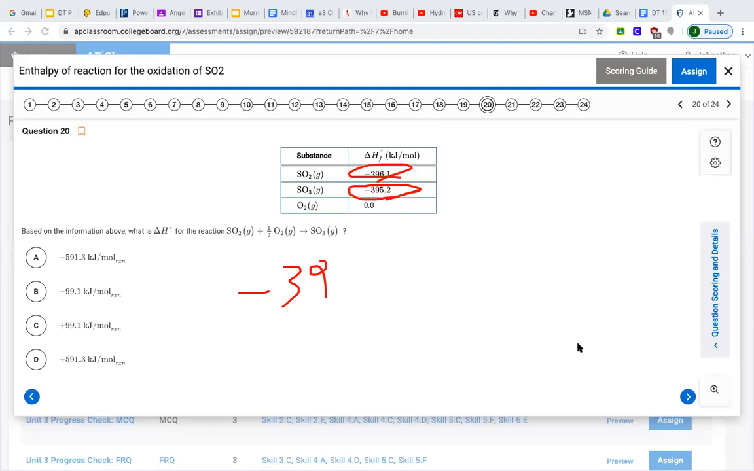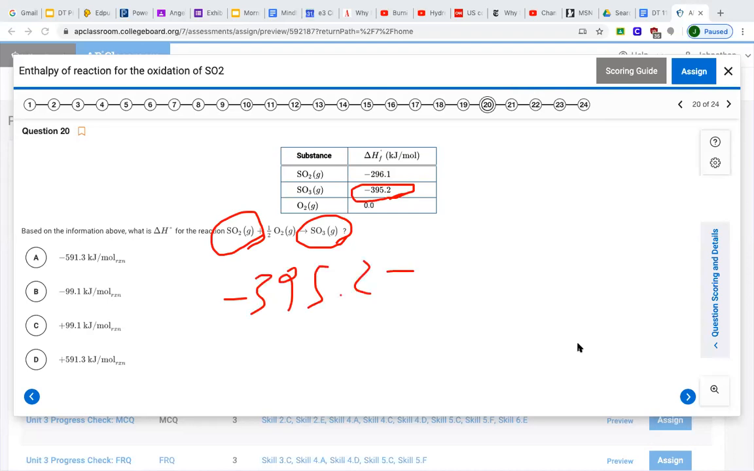Okay, so for this situation, all we have to do is say to ourselves, we're forming SO3 and we're breaking SO2. So negative 395.2 kilojoules are released per mole of SO3. So we get this, but we're breaking up SO2. So negative 296.1 kilojoules